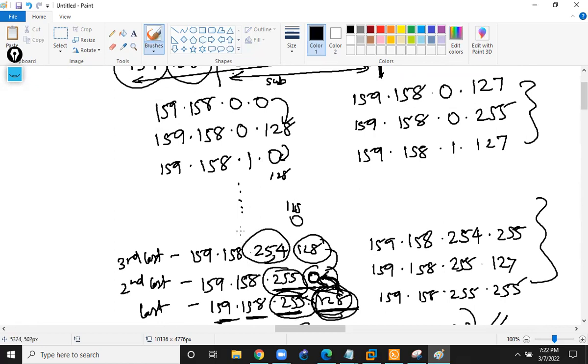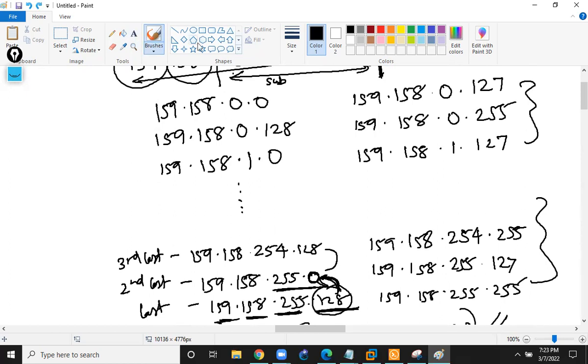Okay, getting it? Or still need any further explanation? How is it 254? Let me just tell you how we got 254. Okay, simple thing. Here you can see the first three. Just a moment. The way that you are writing the first three, say